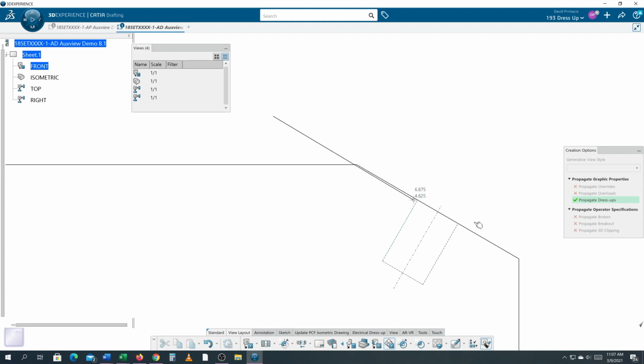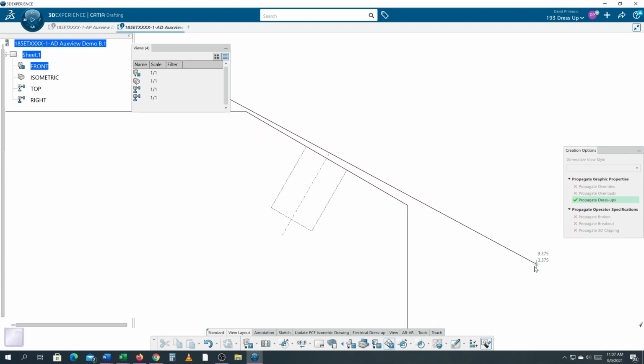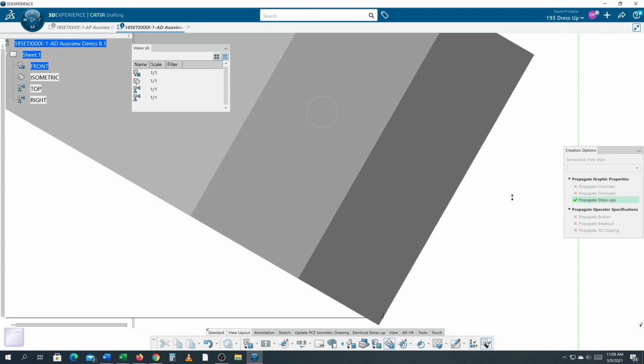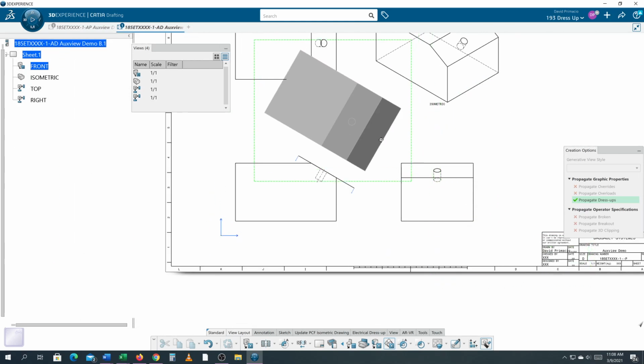I'm going to single click, come down here, and get it lined up right on that chamfer, and I see that tangency symbol, parallelism symbol, letting me know it's right on top of that line where the chamfer is, so it's going to be a true projection in my auxiliary view. I'll double click,